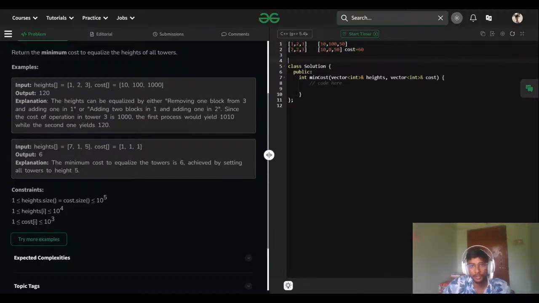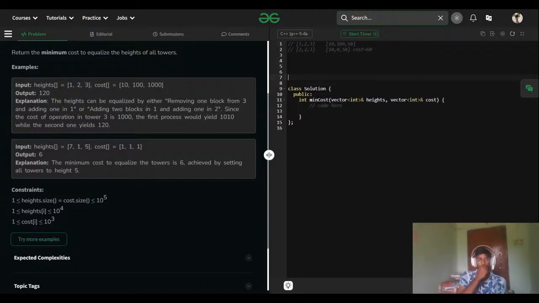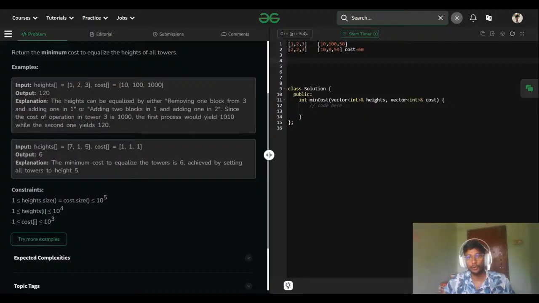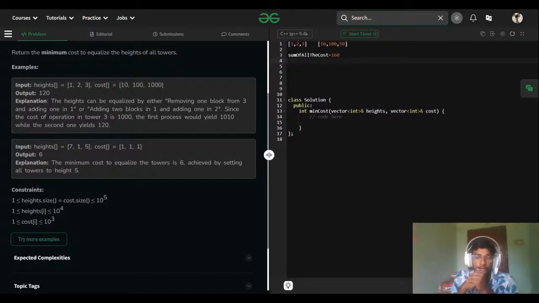Okay, let's understand the idea that I have in my mind. What I can do is, first of all, I'll have the sum of all the costs. Let's understand this case only. In this case, what is the cost of all the elements? The summation of all the cost is equal to 160, right? So we'll check at which index we have to